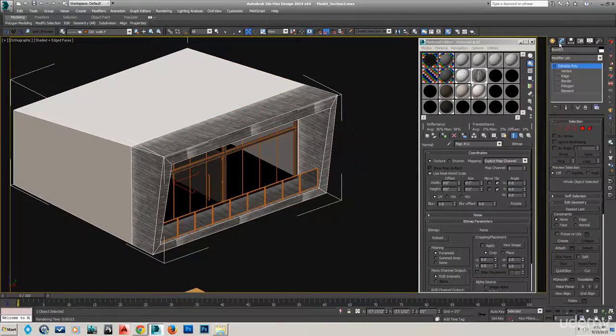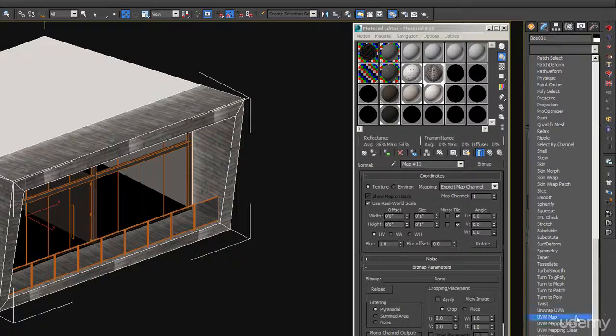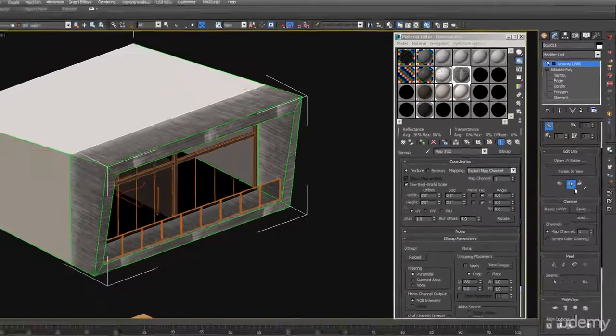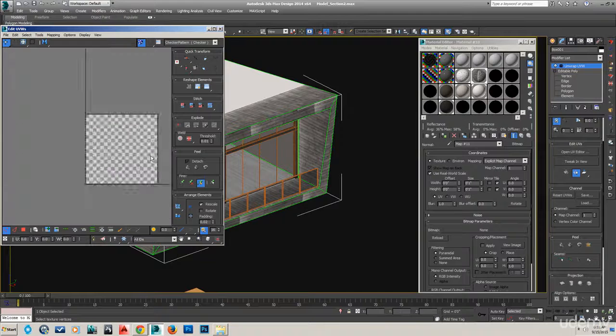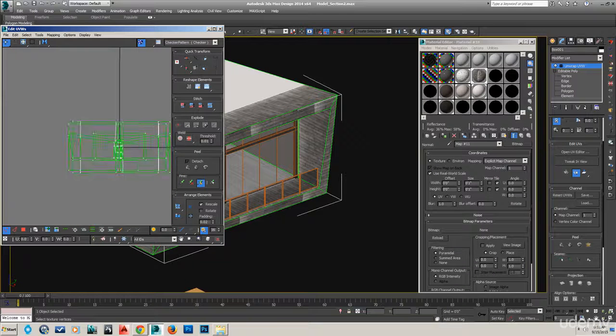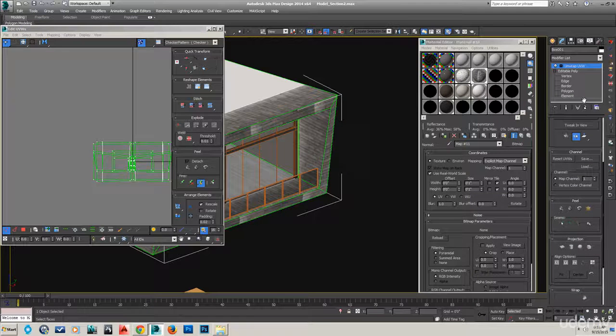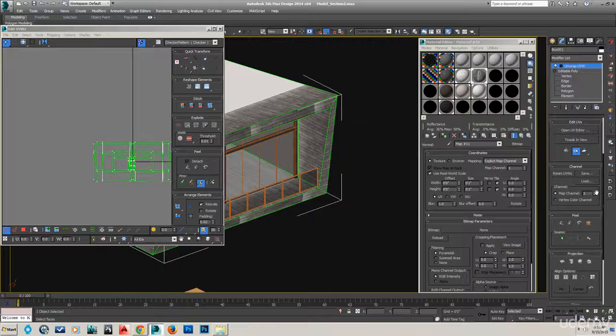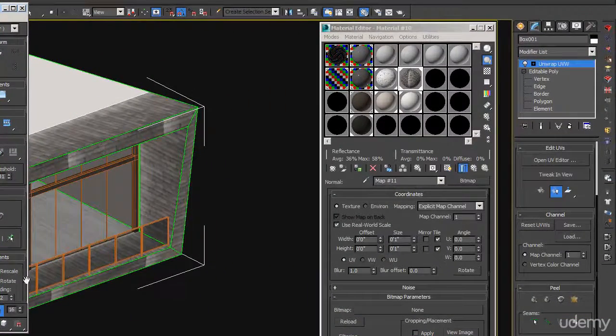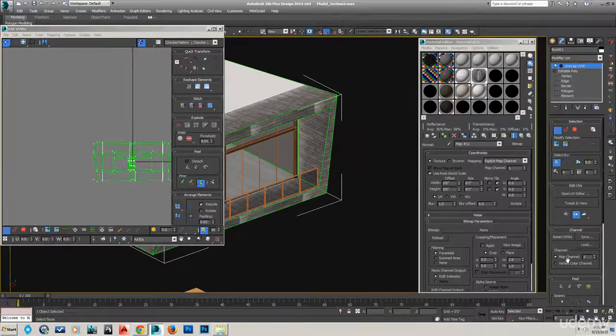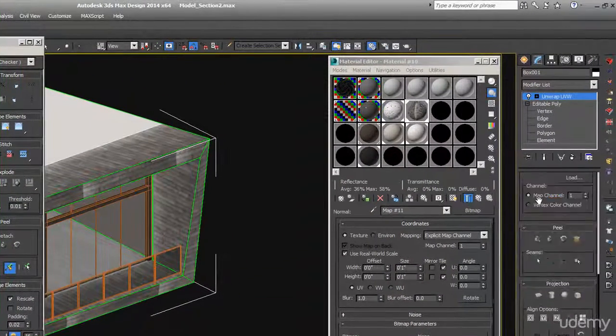If you go in here and apply an unwrap UVW modifier, let's open the UVW editor and see what we have here. You can see, although my diffuse map looks fine, my UVW maps are kind of crazy and they're not clean. So in Unreal Engine, you actually need to make completely clean UVs on map channel 2, and that's for the light mapping. It will use map channel 1 for these diffuse maps and other maps you have applied, which is great, but for the light map, which is very important in real-time rendering, you need to use